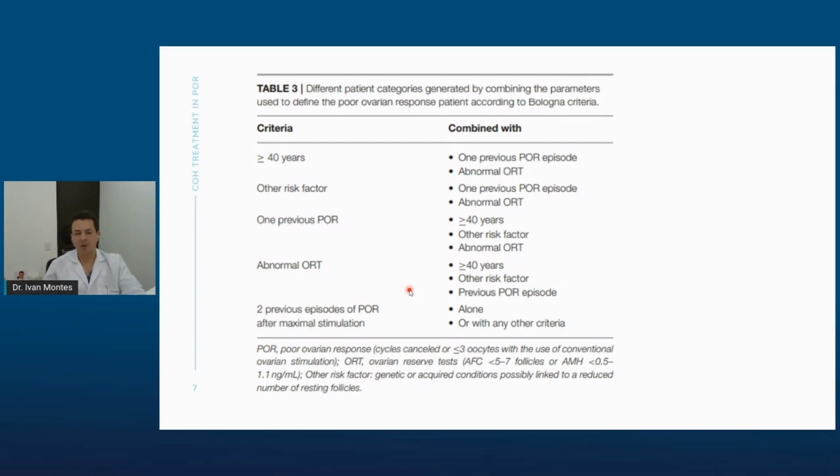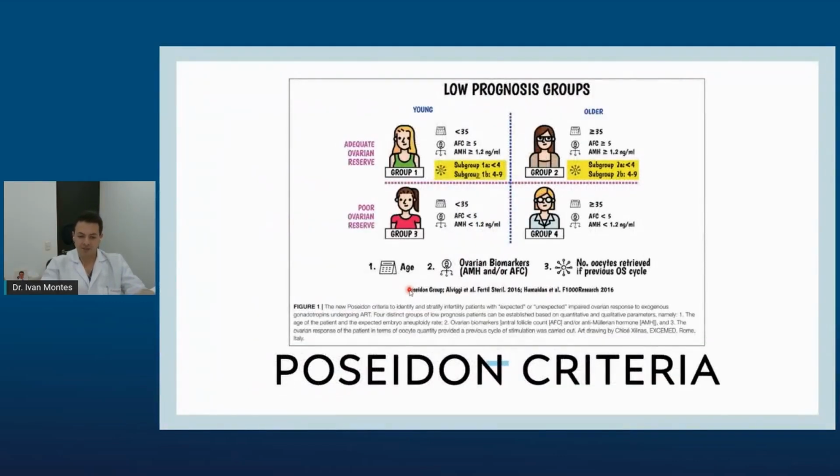So that's why I wanted to bring this to my presentation, is that we used to use this classification, but the thing is that it's very difficult for us to be able to treat patients with this classification. So after that, in 2016, clinicians remain without evidence guidance for therapeutic management for the POR patient, and often